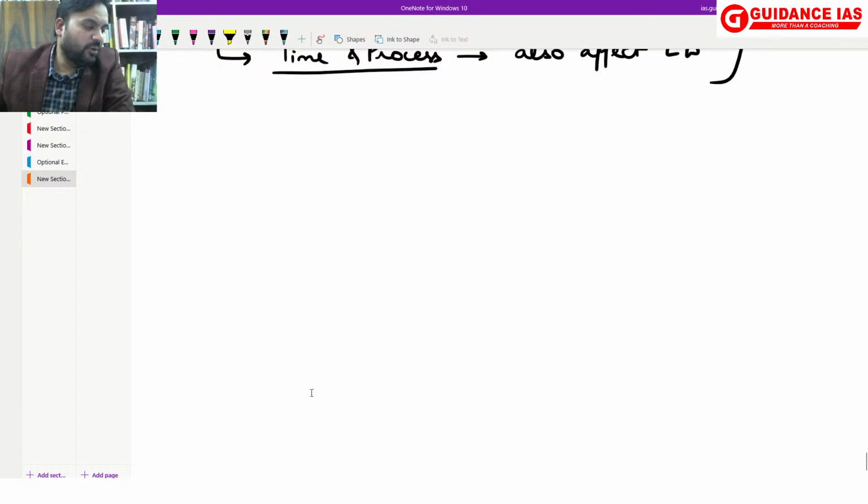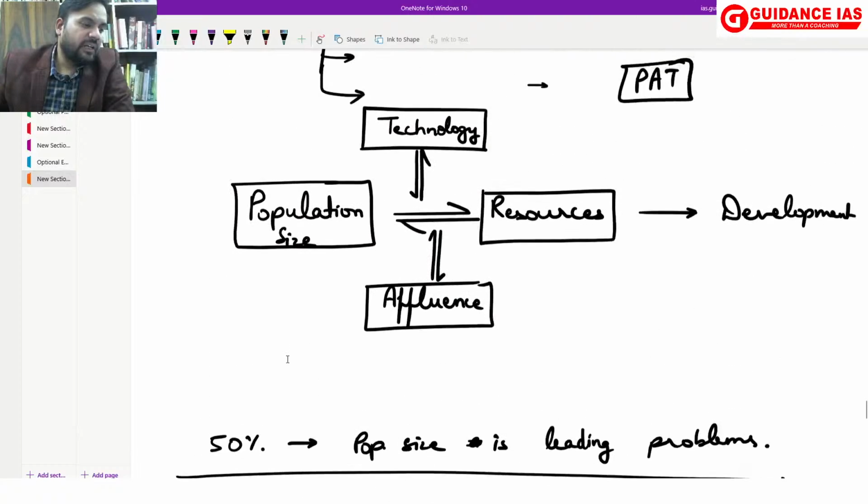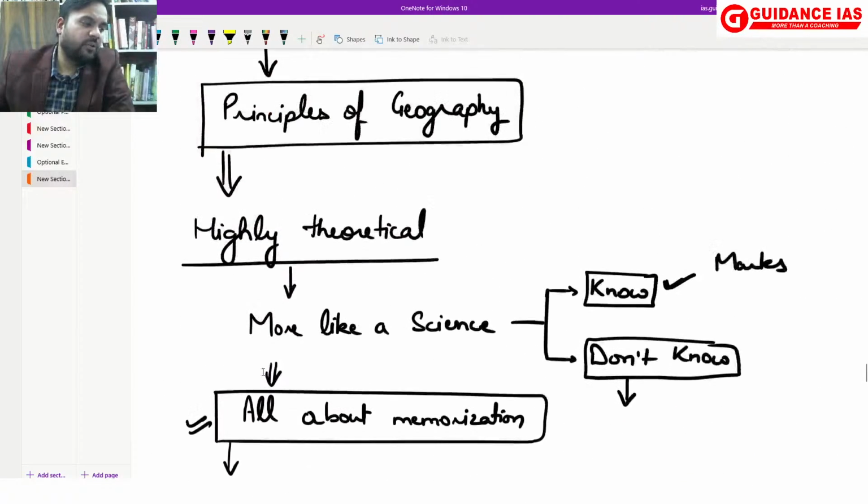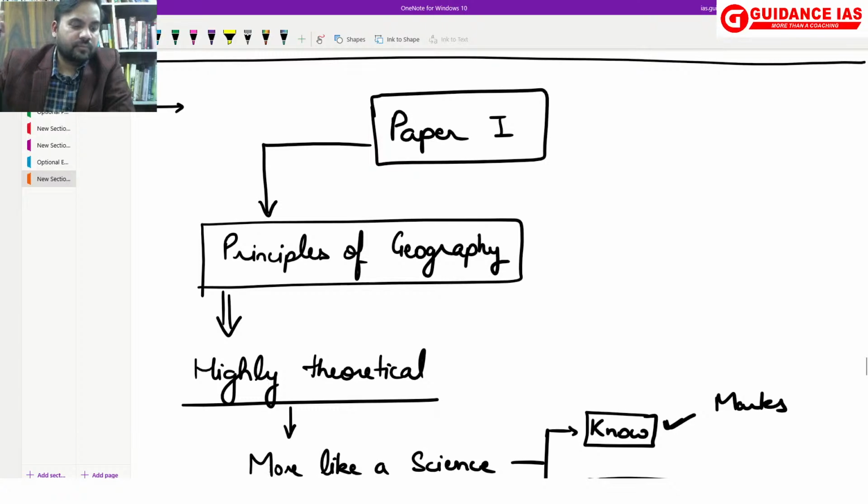I hope that I am able to clear out what I was trying to say with respect to paper 1. So if you are getting less marks in paper 1, very clearly your content was weak. And here we have to work upon improving the content. This means that in this 500 plus course, you will have to learn a lot. You'll be coming across many new theories, many new concepts, much very new content which you wouldn't have studied.